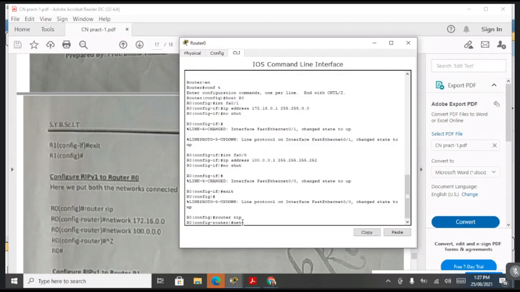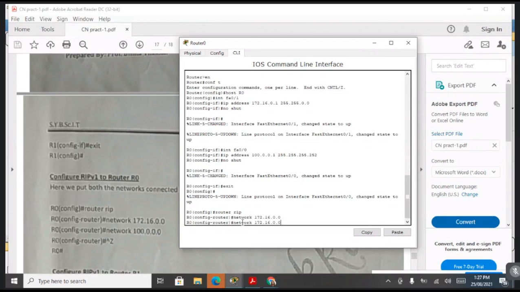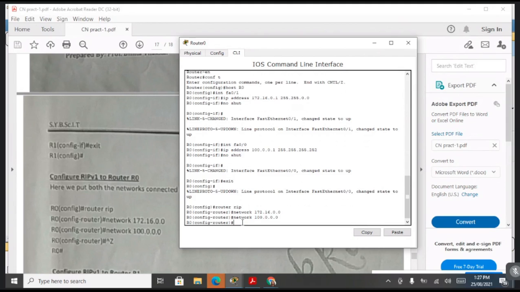Two networks are there. First is 172.16.0.0 and another is the 100 one, that is 100.0.0.0. Okay. Then press Ctrl Z.